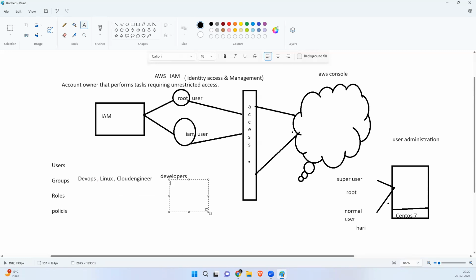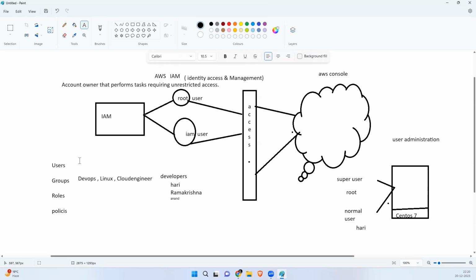Groups have members, like Hari, Ramakrishna and Anand. If you assign an IAM account to the developers group, whatever permissions the developers group has will be assigned to the users also.